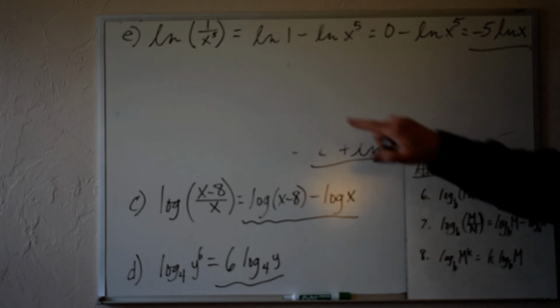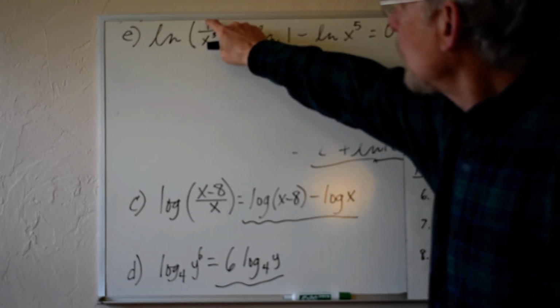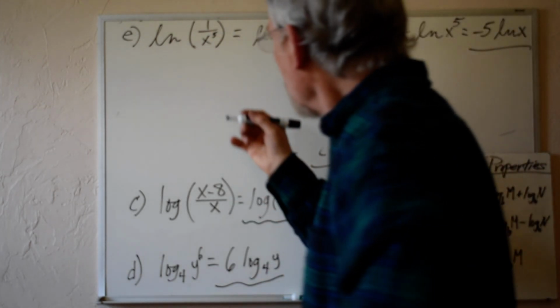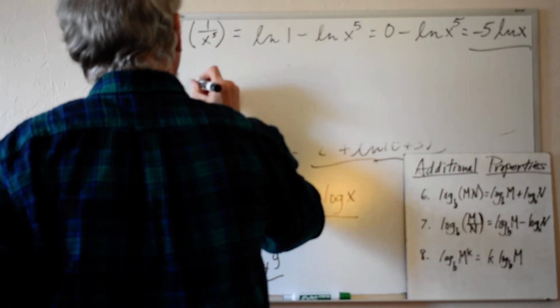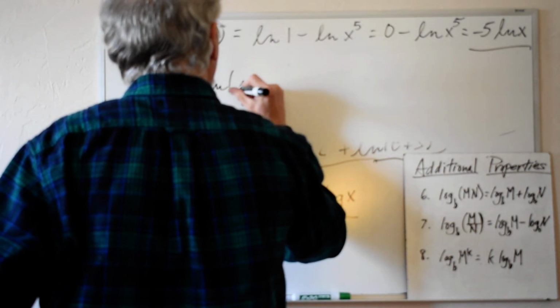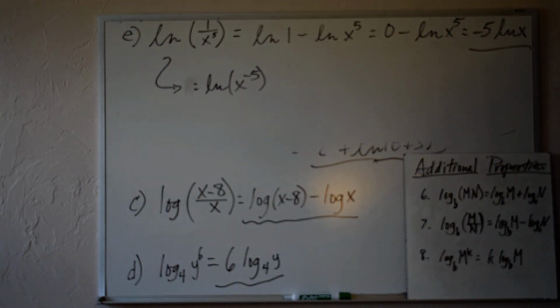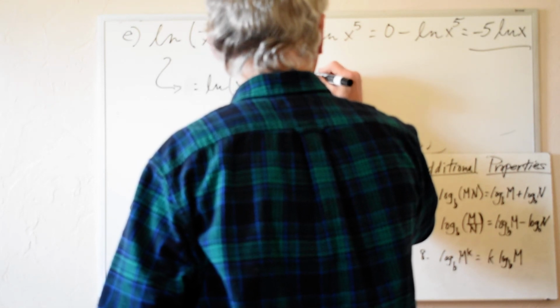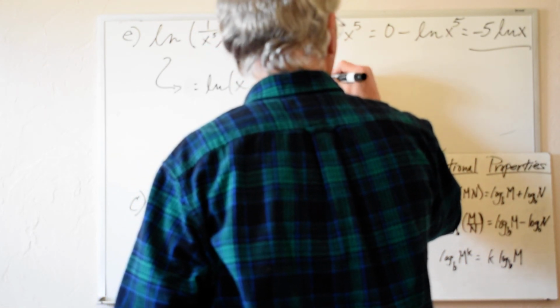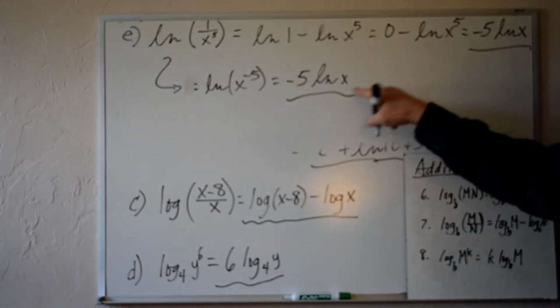Now some of you might notice there's a different way to do this. You might say, hey, why didn't you just convert this fraction to exponential form? That's true, right? Now I can just go ahead and use property 8 and get that exponent on the outside. And of course, no matter which